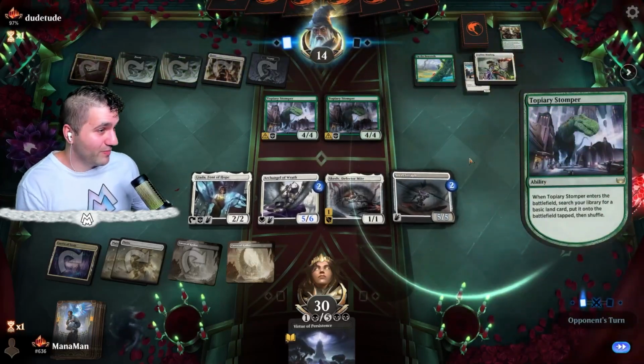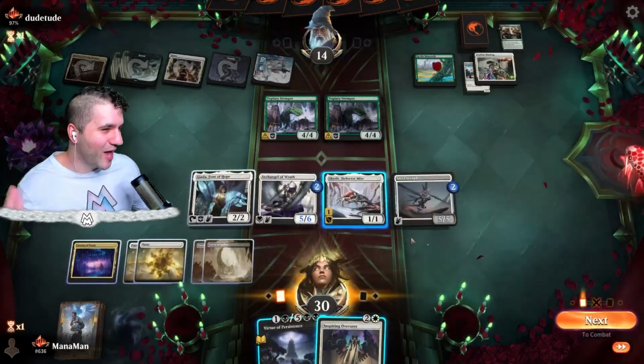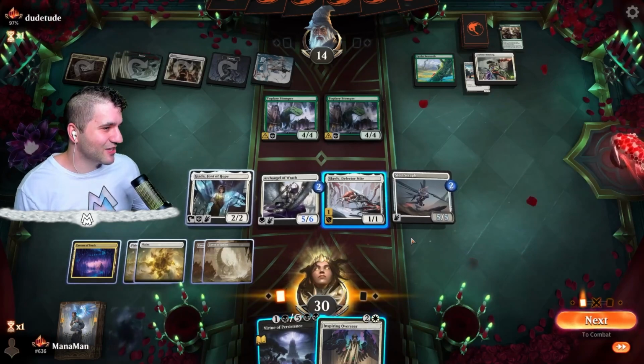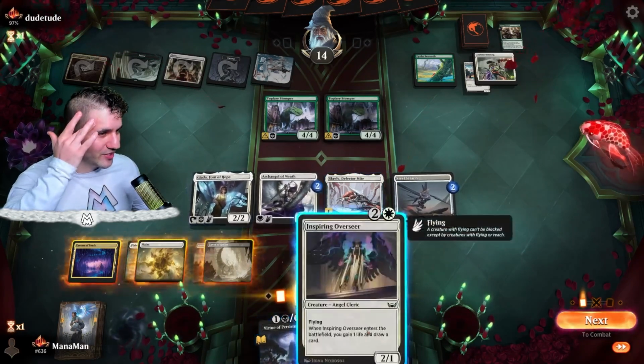No more removal means we're looking good. And Skrelv, and they're just tapped out. They can't even block with the Stompers either. And that's just going to be it. So 5, oh wait, it's not going to be it. Oh yeah, they had Herd Migration. Okay, so,